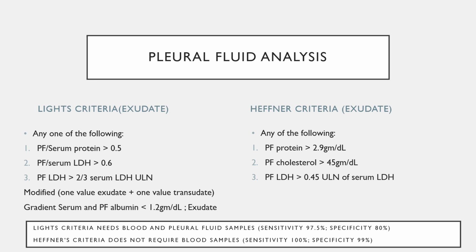Now, if you compare these two criteria, the pleural fluid LDH value has been reduced from 66% to 45% by Heffner, and this is a major modification, and that is why we tend to pick up more exudates and not wrongly label them as transudates. Now, Heffner's criteria has a sensitivity of 100%, and this is the reason why I love this criteria, with a specificity of 99%. It so happens in the hospitals that at the time of doing a diagnostic thoracentesis, we